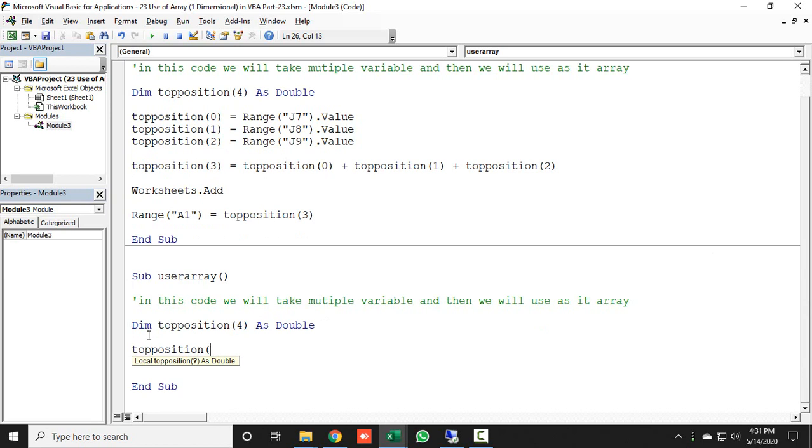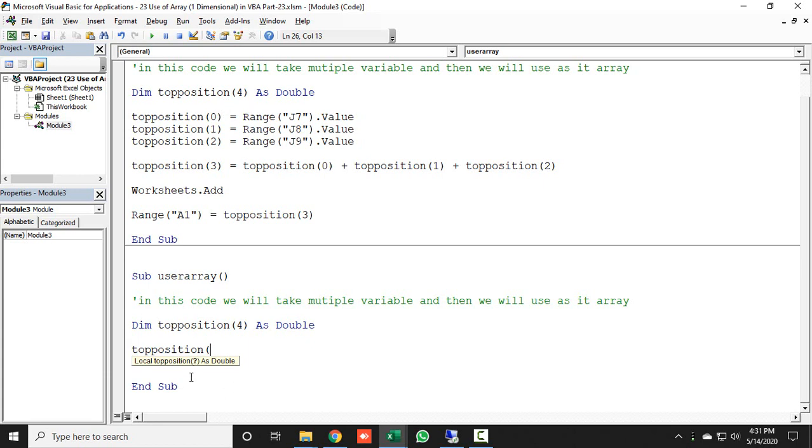You cannot start from 1, 2, 3, 4 to declare 4 variables. If you want to declare 4 variables, you need to start from 0, 1, 2, 3. It will always start from 0. Remember that, this is an important thing.